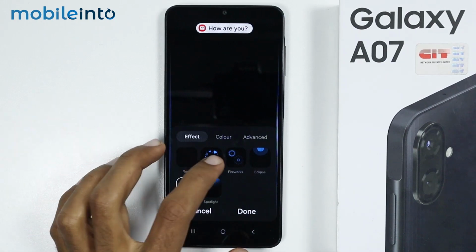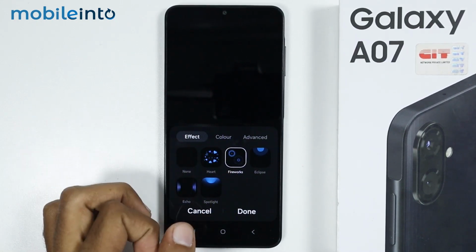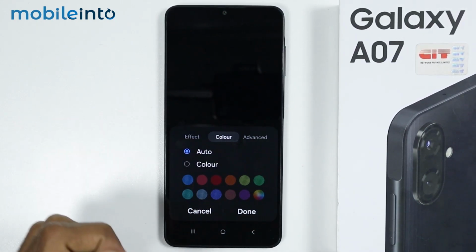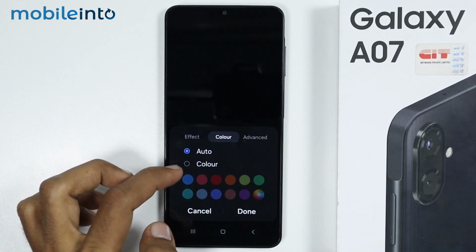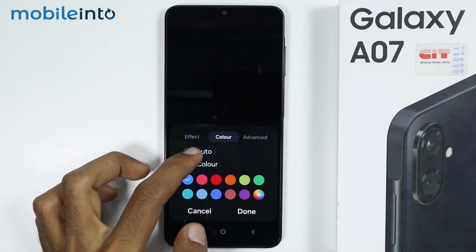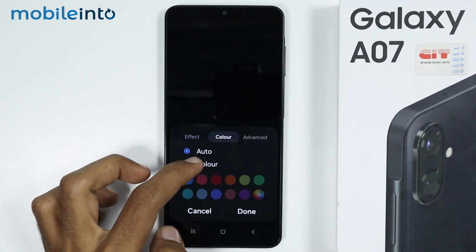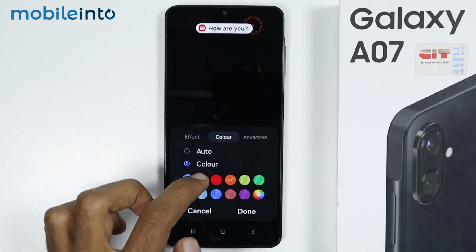Just like that. And once you select the edge lighting style which you like, after that you can tap on color, and from here you can select a color for the edge lighting style. By default it is on auto, but you can tap on color, and from here you can select a custom